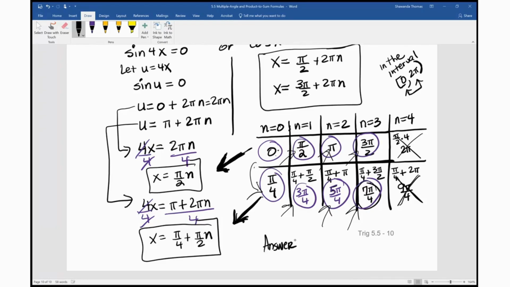The best way to write the final answer would have been n pi over 4, because really you can sum it up more concisely just by putting n pi over 4. These answers right here will be included in these answers. So this is like the general solution. All right,